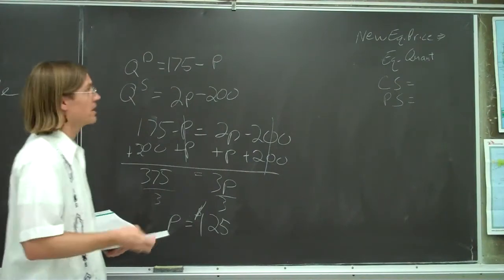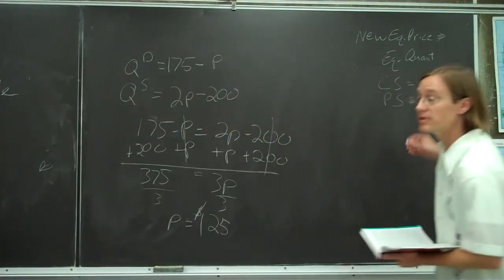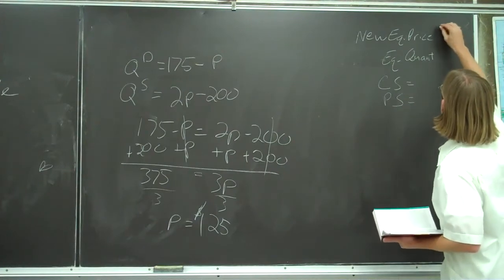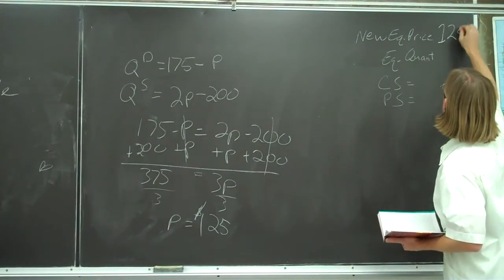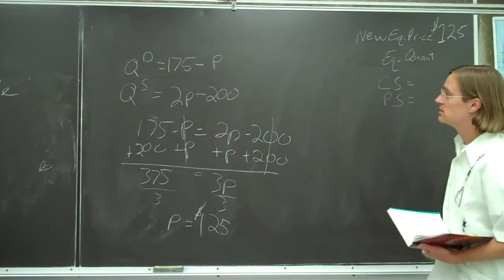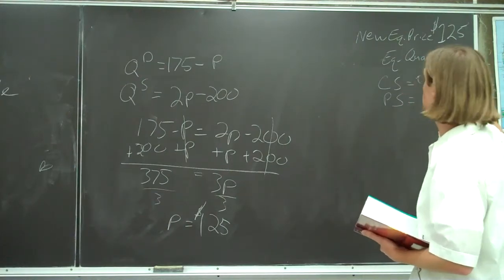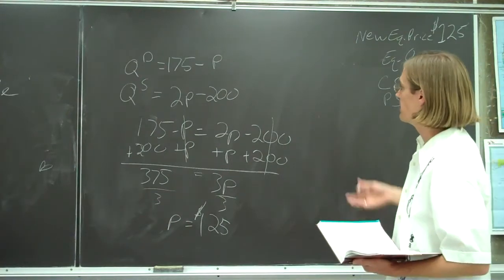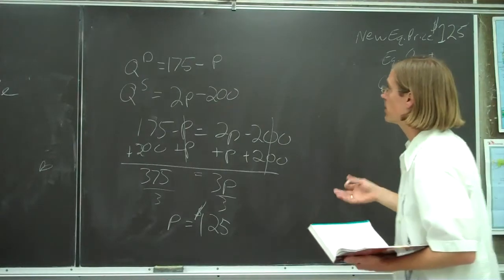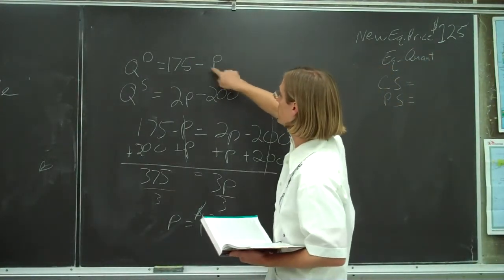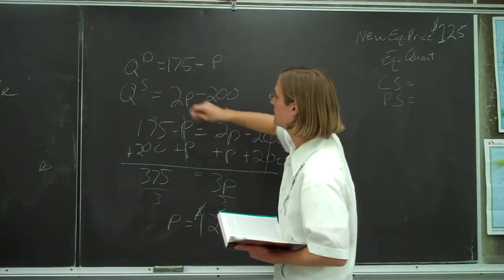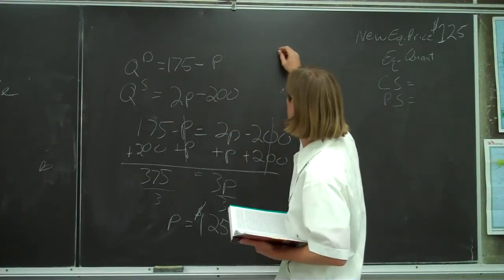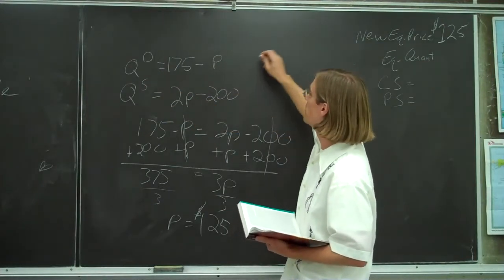And then so that gives us our new equilibrium price, $125. Now we have to figure out the new equilibrium quantity. And we know if that's our equilibrium price, we should be able to plug that back in to get that equilibrium quantity. So if we plug price back into the demand equation,